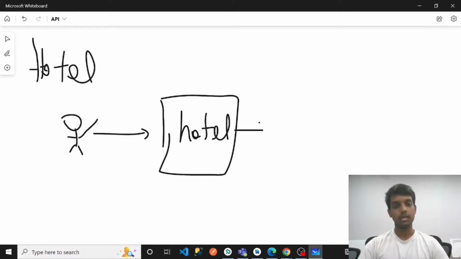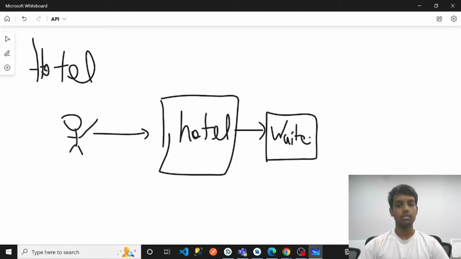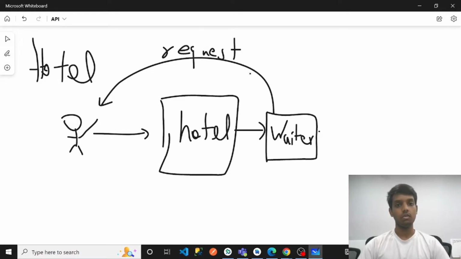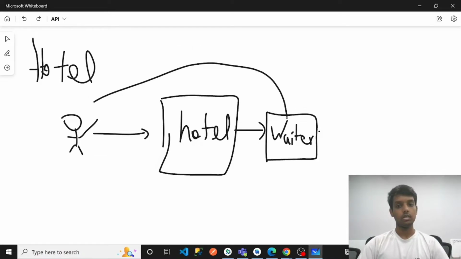you wait for the waiter to come. Okay. So the waiter will come to your side and request from you. Okay, so he is requesting you to order some food. What kind of food you want? Okay, so just like you give a request to the waiter. So you give the request